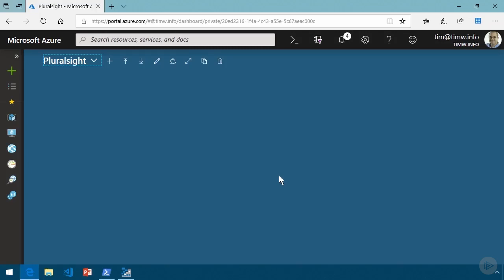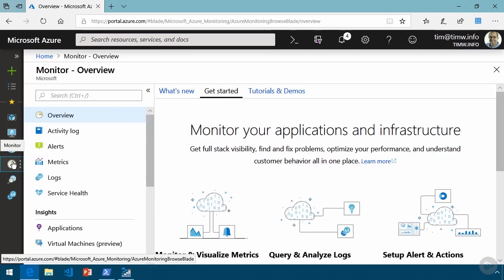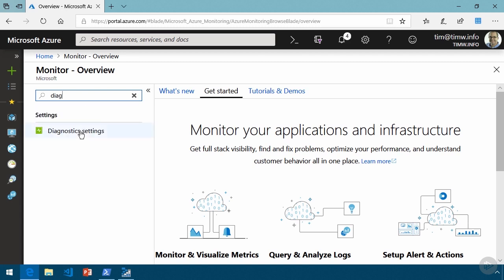In this demonstration, let's take a look at some ways that we can get to that underlying diagnostics data in the absence of Azure Log Analytics. Recall what we've done thus far. I'll take you directly into Monitor to begin with, and I'll search the filter list for Diag to get to